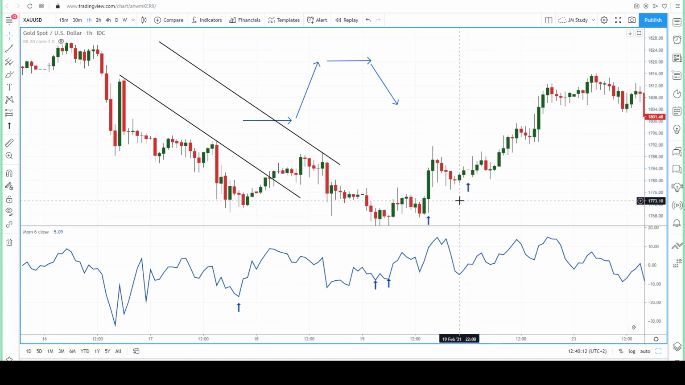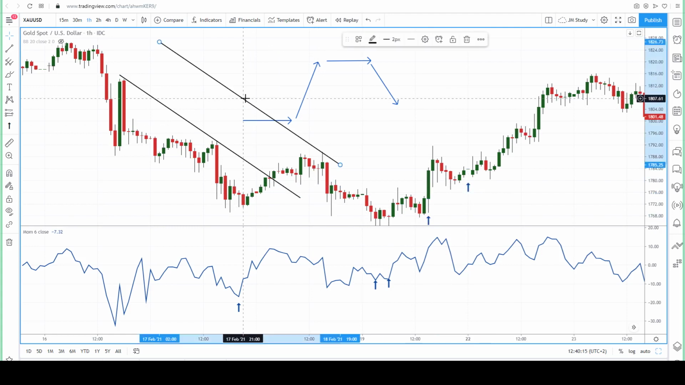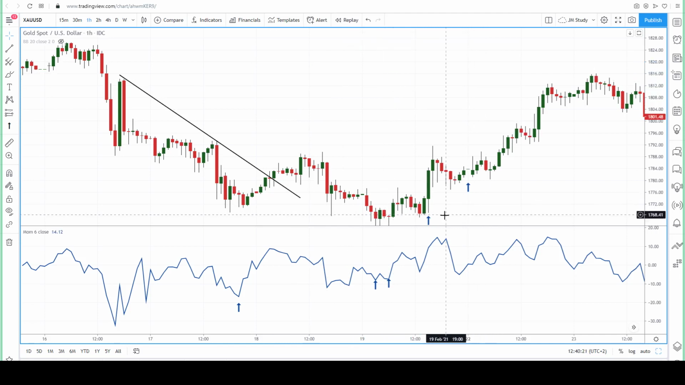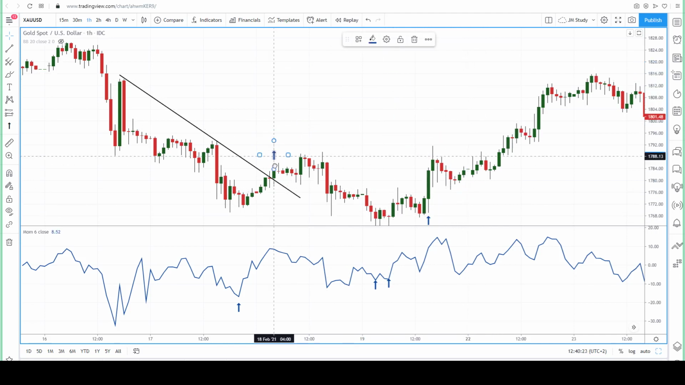Oops, we don't need that many lines here really. Let's take those arrows off also. There you go. So here's the trend line break. Definite close above the trend line. That's the buy signal. Now I'm saying this is a false signal because if you